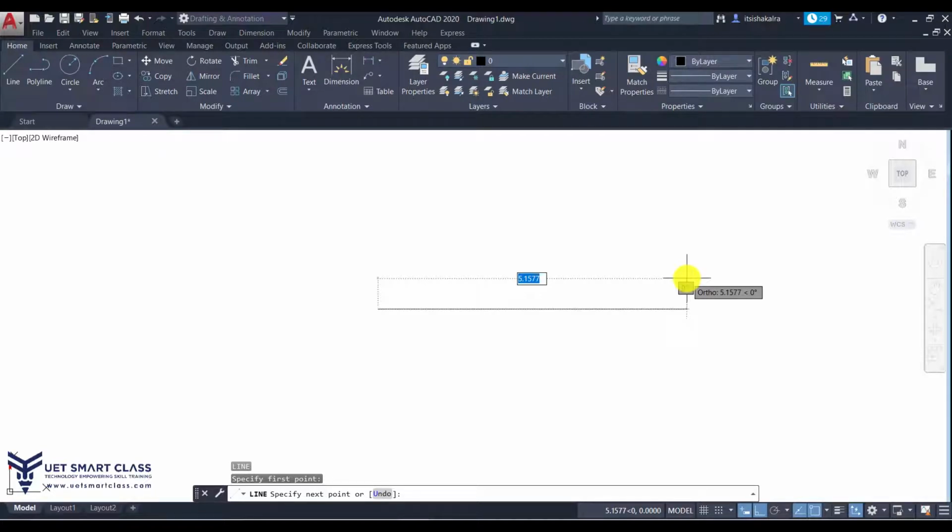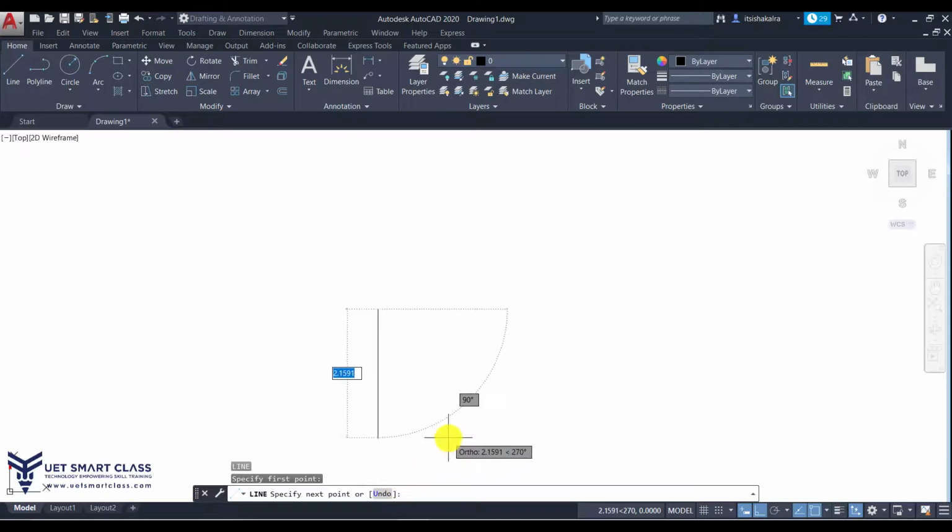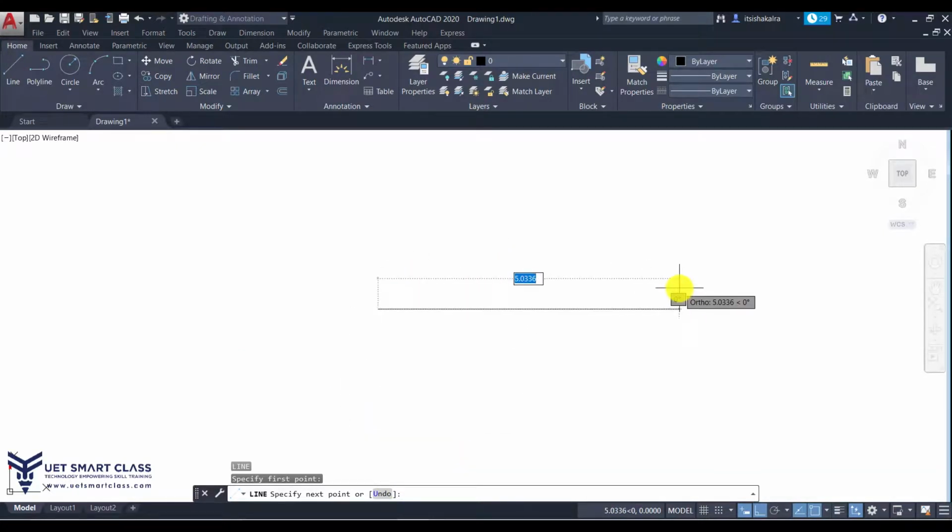Ortho can be used anytime, anywhere, not only on line, even in polyline, even in construction line or ray, just to make your lines straight. It will go only in 4 directions: 0 degree, 90 degree, 180 degree, and 270 degree. You just have to drag your cursor towards that particular angle and click.